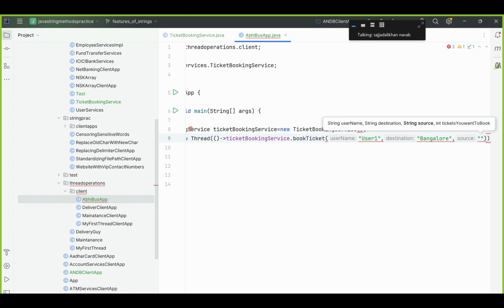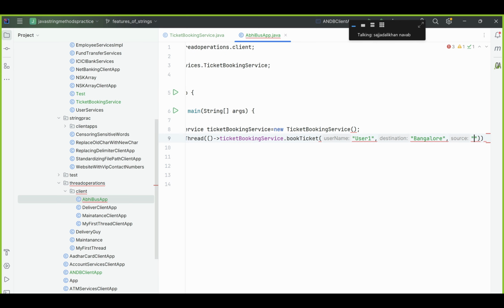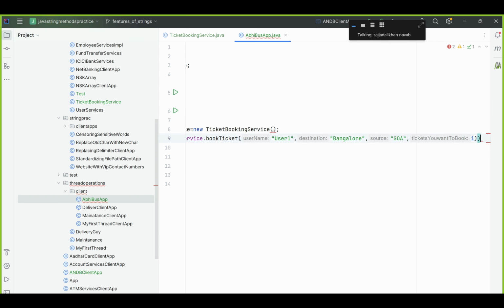So source, okay, that is destination. The second parameter is destination. I have given Bangalore as destination, and the source would be, let's say, Goa. Then the number of tickets you want to book, for example, one. I want to book one ticket, and here the ticket booking service will be taking the